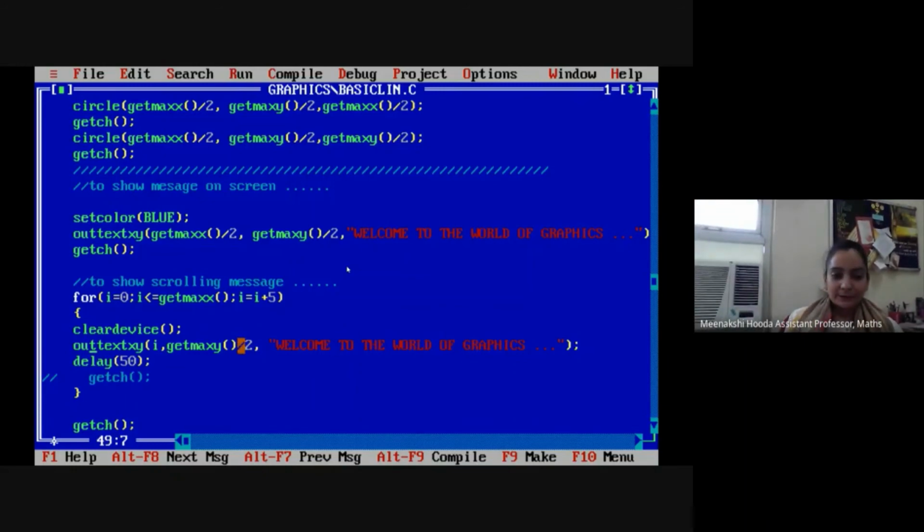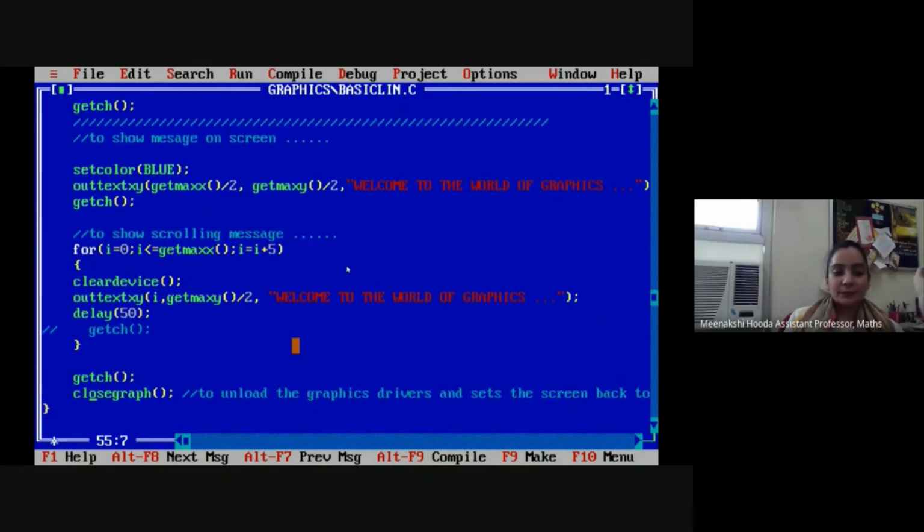So it will run in the loop. Every time it will clear the device and change the location of the message, so it will look like the message is moving from left to right. This is the way we can implement animations in our program. We can move our images, we can move our text in our programs.